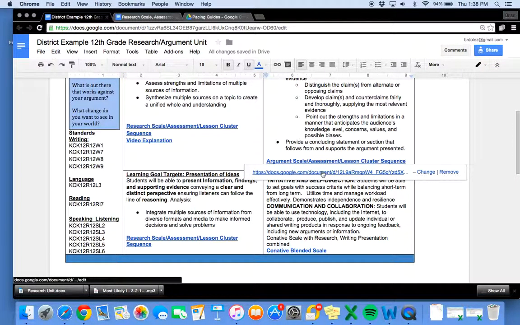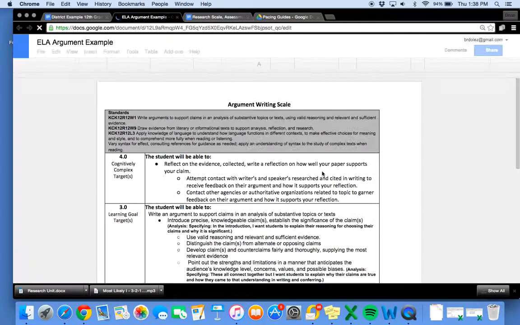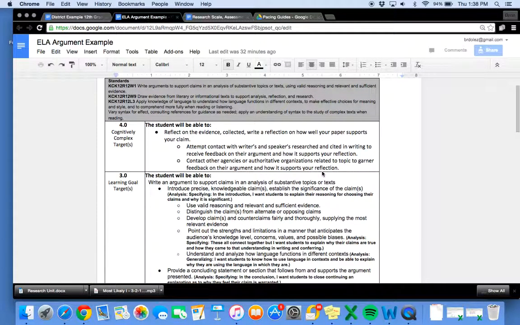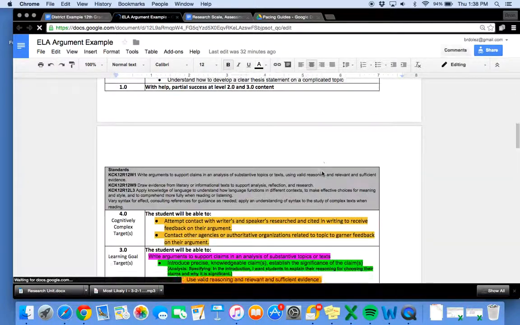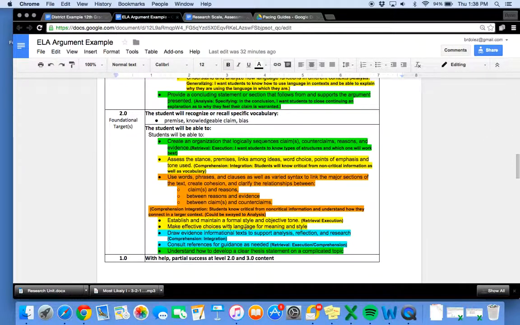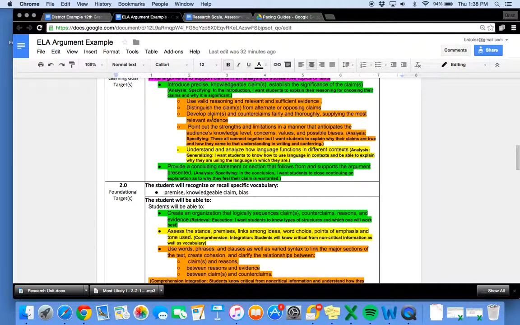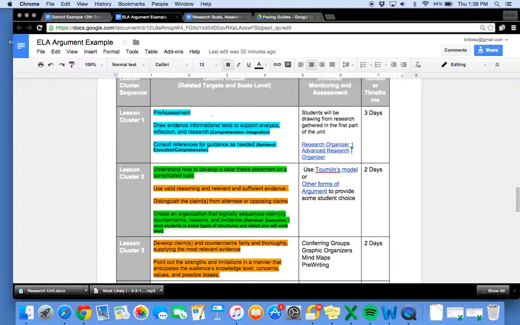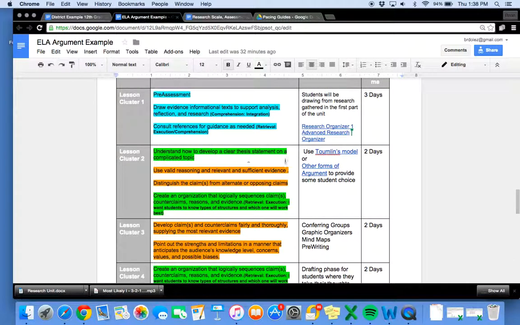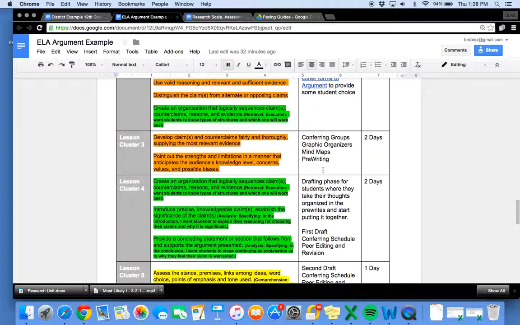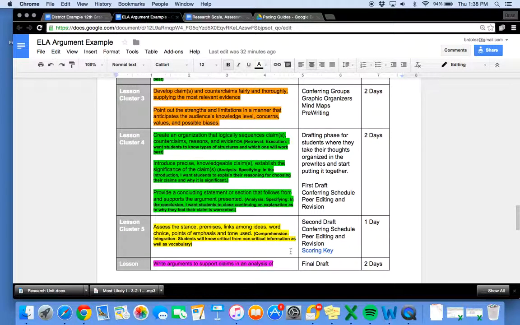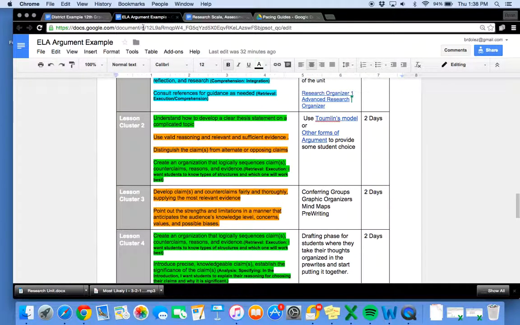I've also done it for my argumentative essay that I want kids to be able to write as a result of this unit. Again, I color-coded what I thought were related targets. Sometimes my foundational targets related directly to my learning goal targets. And then I started arranging them in clusters in terms of related targets in the sequence I would teach, while still linking and organizing the assessments that I want to use and the general time frame. So I did that